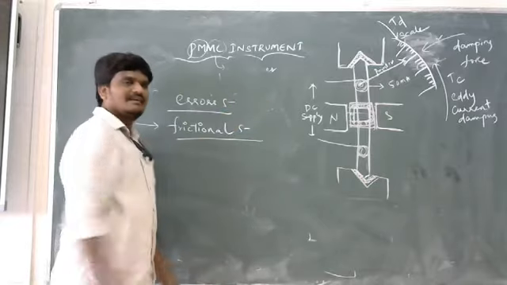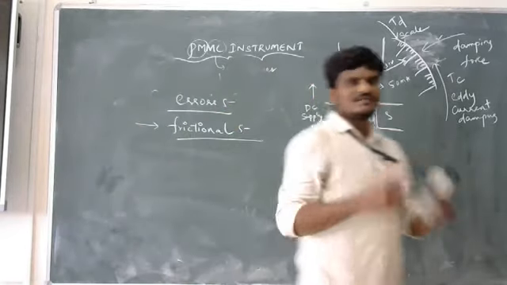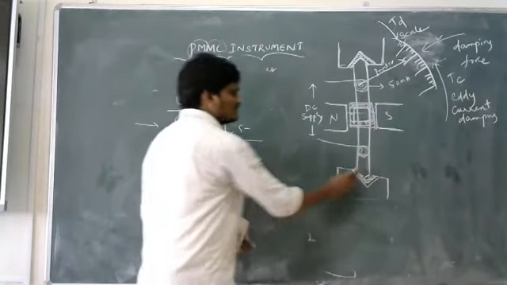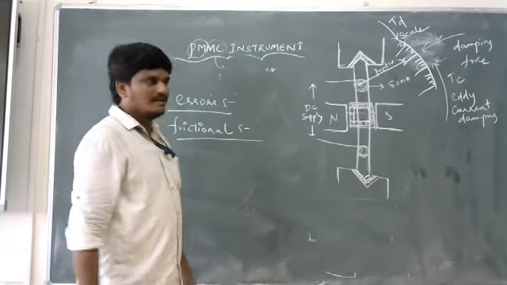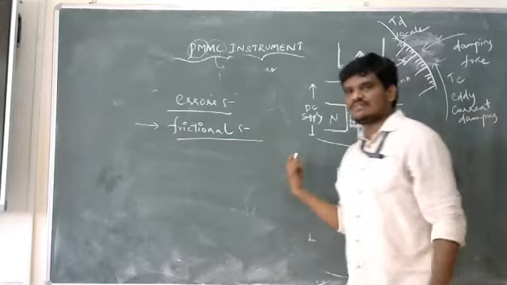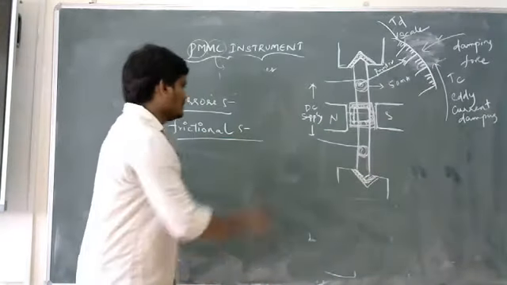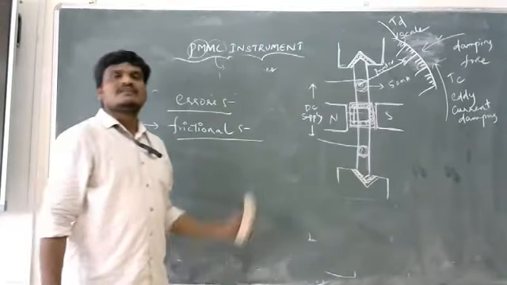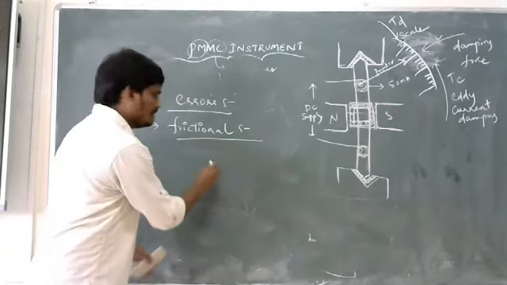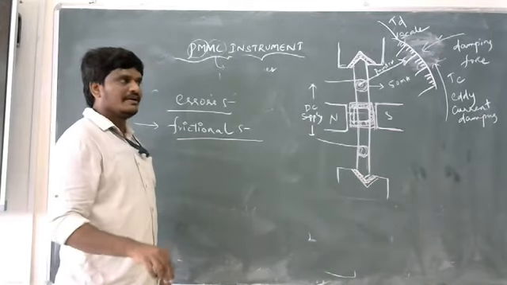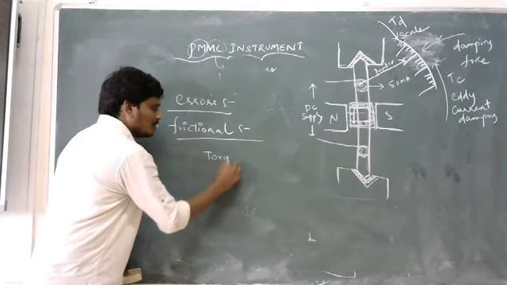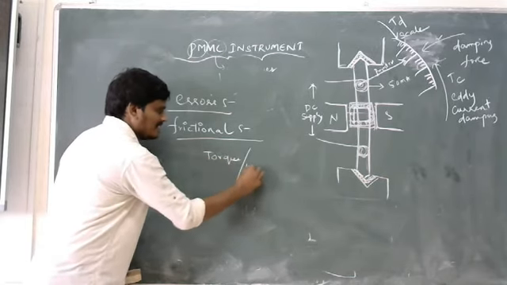The frictional error is mainly due to the rapidity of instruments. As a PMMC consists of a spindle, due to the rotation of the spindle and the rapidity between the different parts present in that particular PMMC instrument, the frictional error will occur. In order to reduce the frictional error in a PMMC instrument, the torque to weight ratio should be maintained as high.